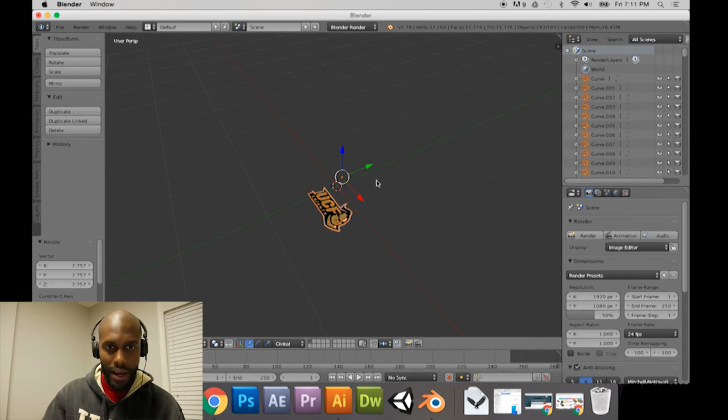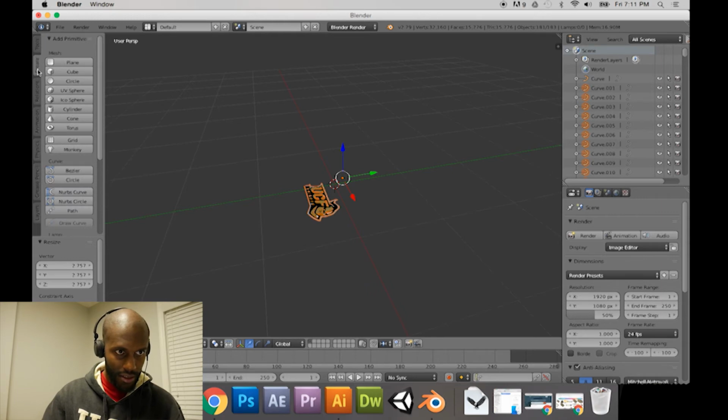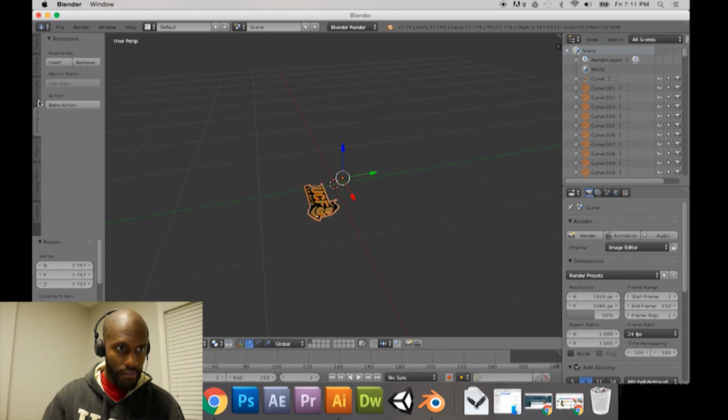But as you see, my center pivot point is kind of off. We want our center pivot point to be here, that's best practices. So what I'm going to do is select all of these. They're selected already, and I'm going to go to